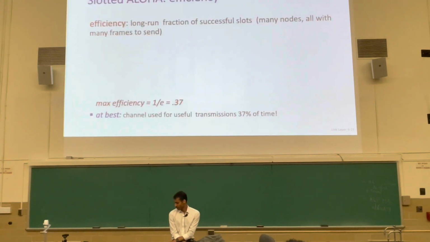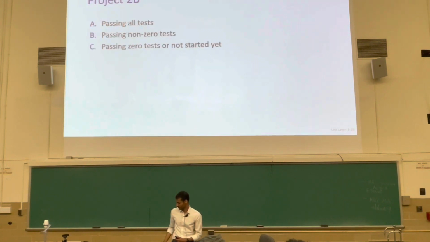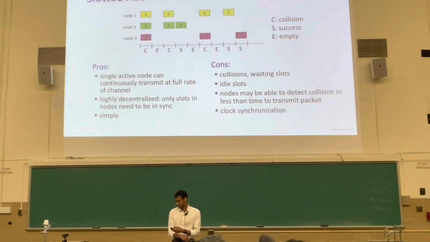But here's where we need some math for Aloha, or slotted Aloha. It's called slotted Aloha because the slots require clock synchronization, which is not a free assumption; that has a cost. We will remove that assumption in just a minute. So what is the efficiency? Let's go back to these two slides. Here we can see that in some slots, nothing happens. Slot 1 is wasted because of the collision. Slot 2 is wasted because nothing at all happens; nobody's trying to send. Slot 3 is wasted because of collision.